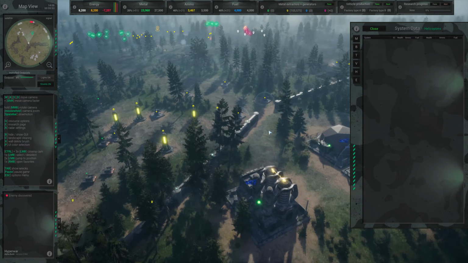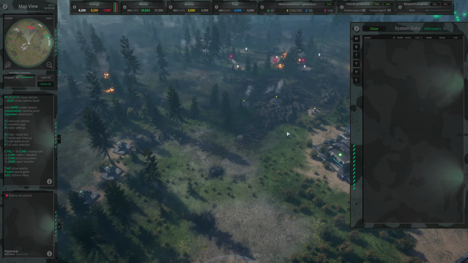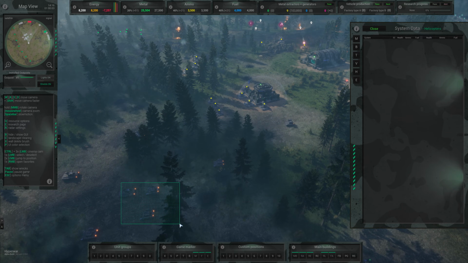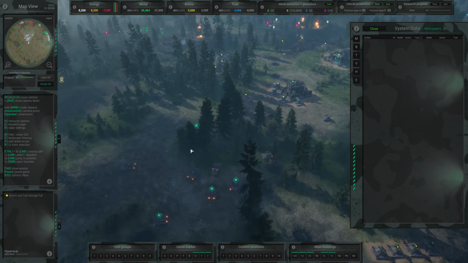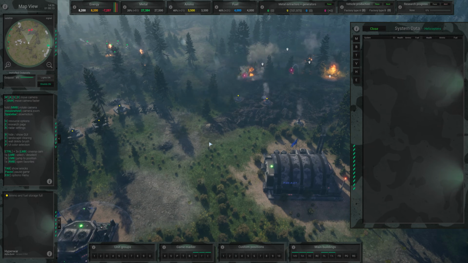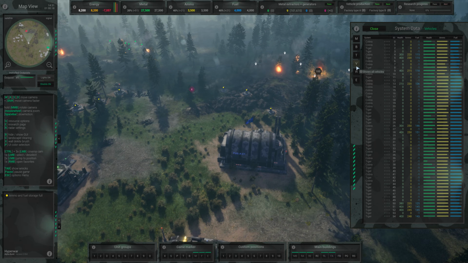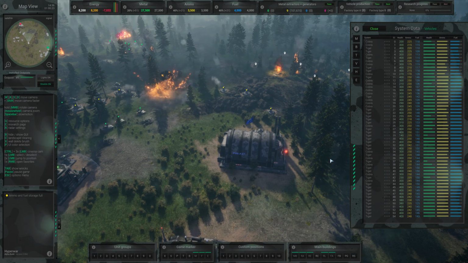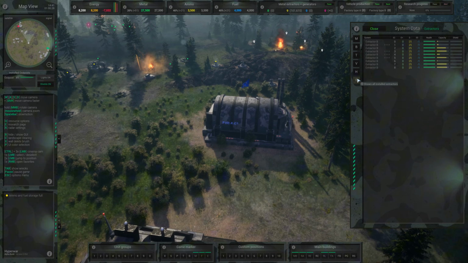Oh. What's going on here? Enemy is history. Ready for use. Ammo and fuel storage are full. Baby. Destroyed. Okay. Got him. And